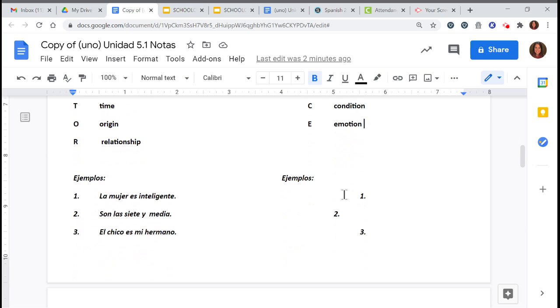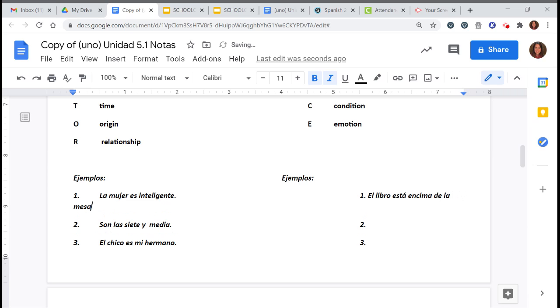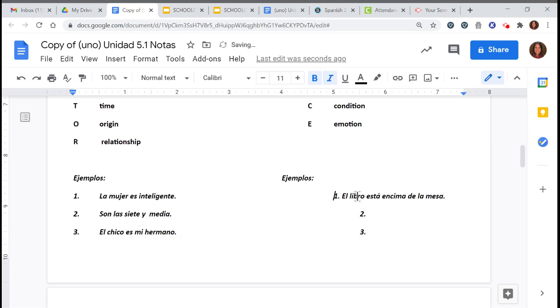A couple of examples with estar and some sentences. Let's look at: El libro está encima de la mesa, the one that I shared when we were taking our notes. The book is on top of the table. Notice I'm using está to say is. Es means is, but I need to use está, that form, because I'm talking about where that book is. Or another example,